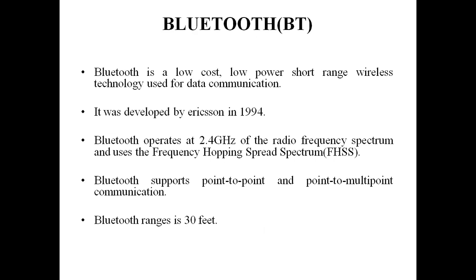So Bluetooth operates at 2.4 gigahertz of radio frequency spectrum and uses FHSS, that is frequency hopping spread spectrum. Like infrared, Bluetooth communication also has two essential parts: one is the physical link and the second one is the protocol part. The physical link is responsible for physical transmission of data, whereas the protocol part is responsible for defining the